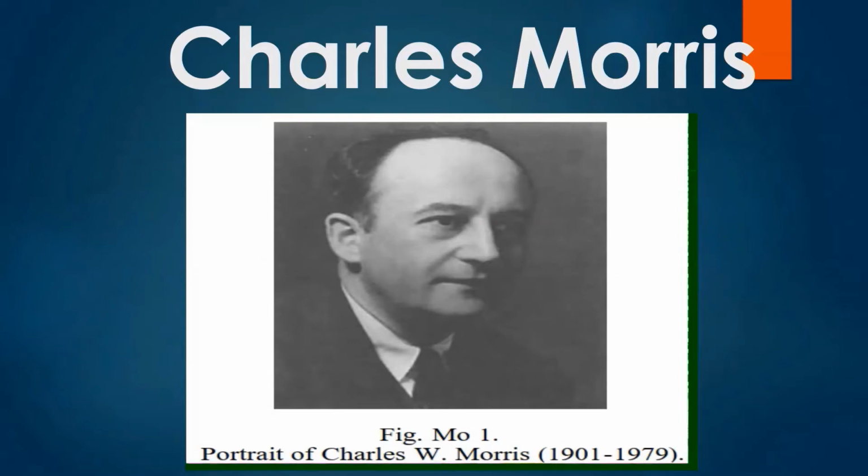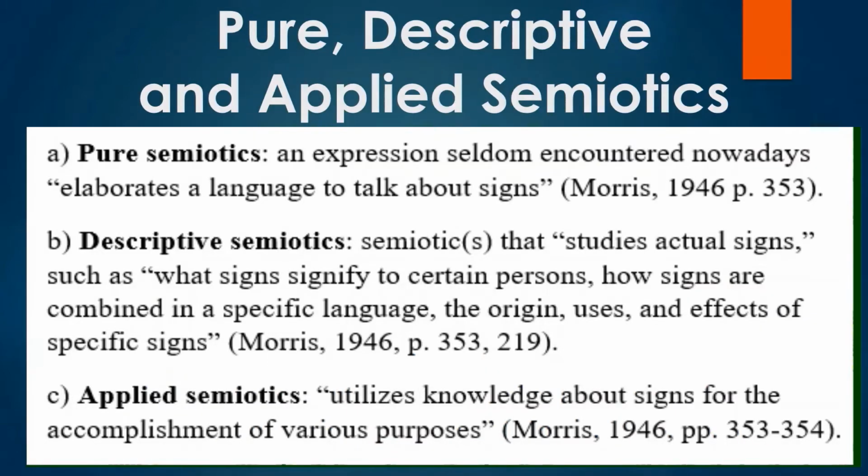Following the terminology suggested by Rudolf Carnap, Morris proposed three types of semiotics, namely pure, descriptive, and applied semiotics. Pure semiotics, an expression seldom encountered nowadays, elaborates a language to talk about signs. On the other hand, descriptive semiotics studies actual signs, such as what signs signify to certain persons, how signs are combined in a specific language, the origin, uses, and effects of specific signs. And finally, we have applied semiotics, which refers to the utilization of knowledge about signs for the accomplishment of various